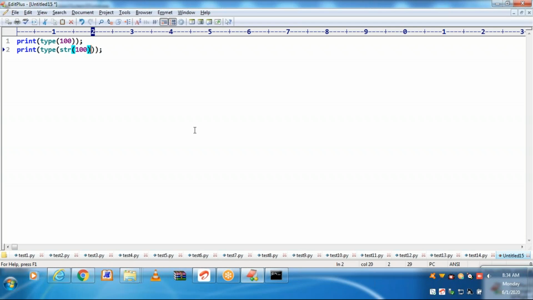By using str, we can convert into string. How to convert the same 100 into float? All these are built-in functions. All built-in functions are displayed in a separate color. You can check it out. Try to save.